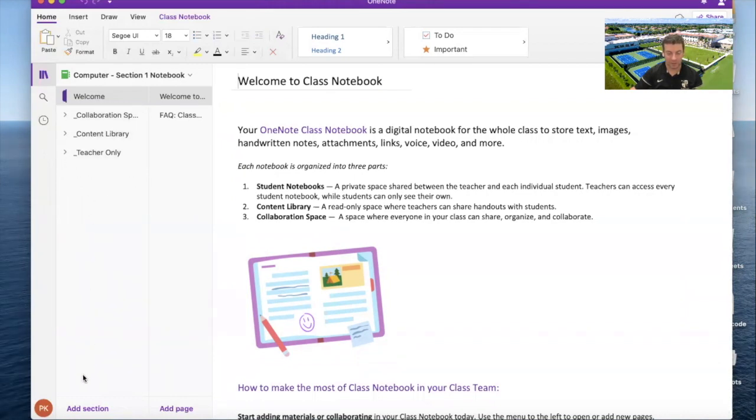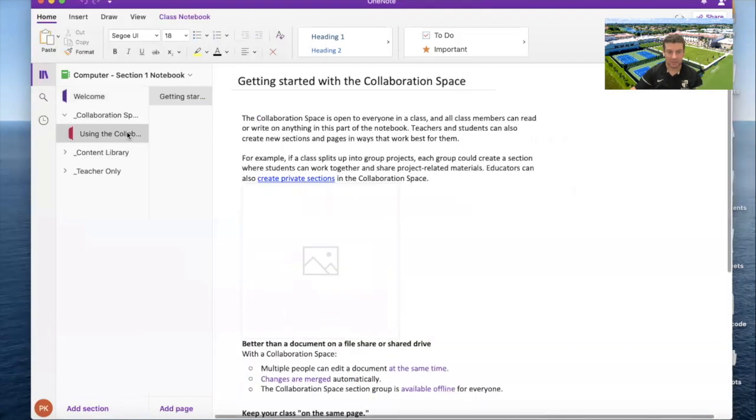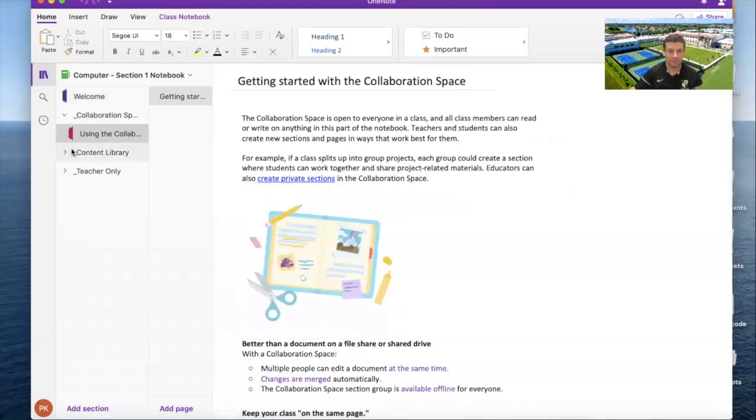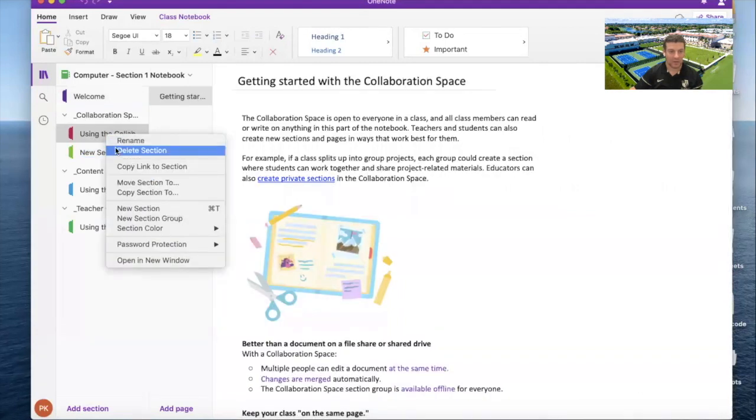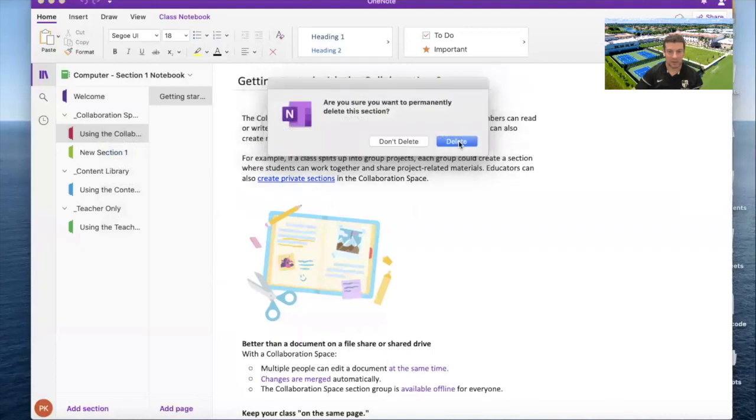Okay, so here I've clicked on the notebook, and because I don't have any students enrolled yet, when I do, they will be visible here. I have my collaboration space with information on it, the content library with information on it, and the teacher only section with information on it. Just to get started with adding a new section, if you click on the collaboration space, you can add a new section and it will pop underneath the tab there. So I will get rid of the collaboration space introduction,